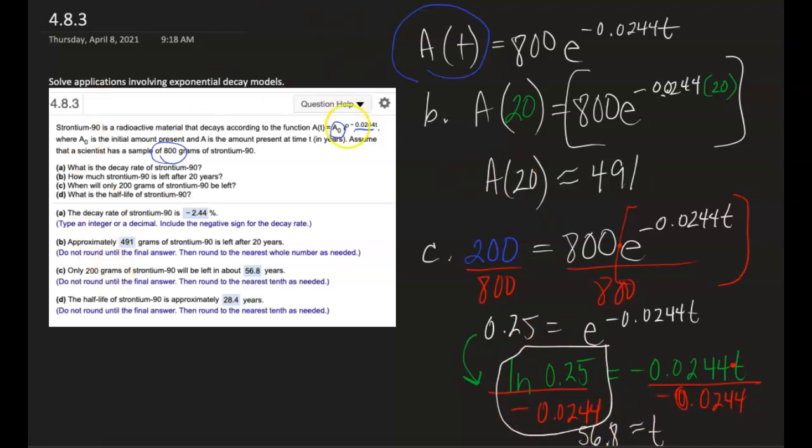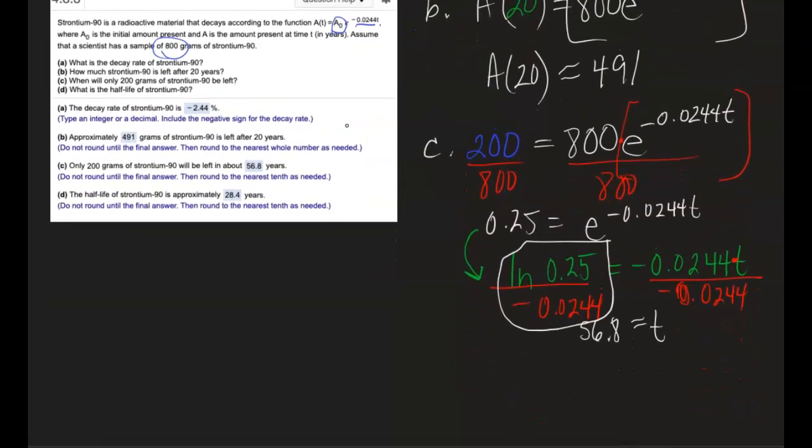Now, in the last part, we're asked to find the half-life of this element. Half-life is the amount of time that it takes for the element to decrease by half. So in other words, if I have to start with 800 grams of an element, I want to know how long does it take before I end up with half of that, or 400 grams. So that amount of time is unknown